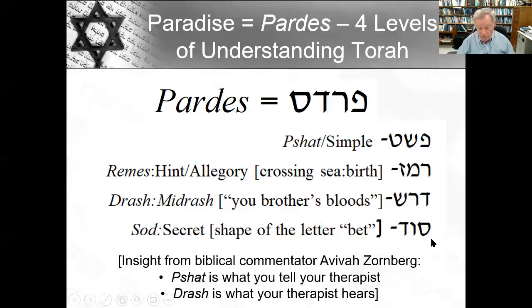And then there's a secret level of the text. So this would ask the question, we talked about this last week, why does the Torah begin with the letter Bet? The shape of the letter tells us we can't ask what happened before, above, or below the Torah. It also teaches that there are two Torahs, a written Torah and an oral Torah. So that's sort of a secret level.